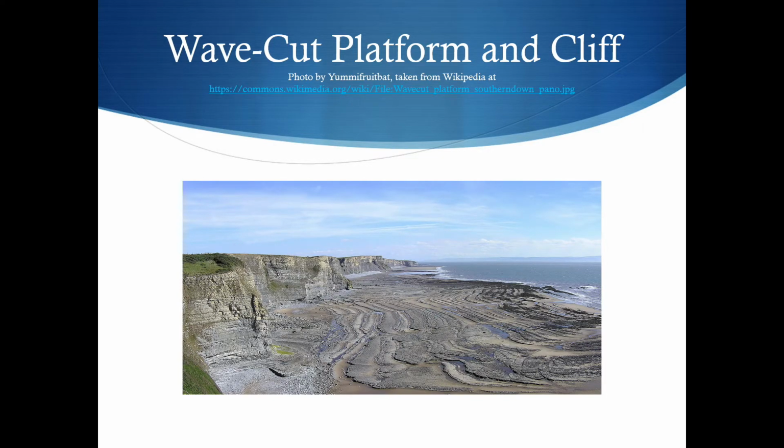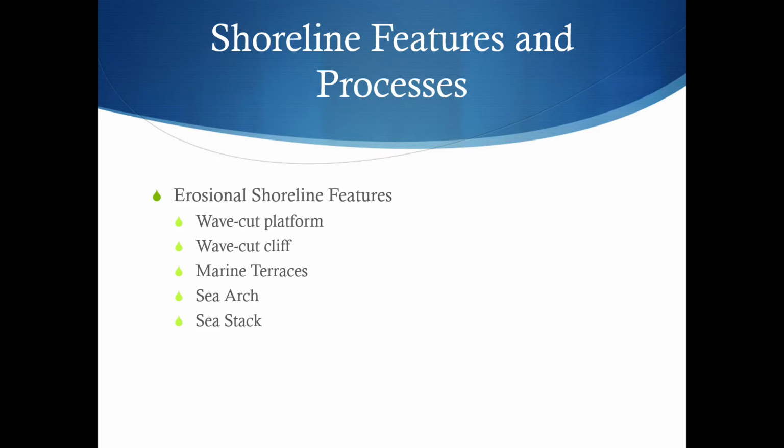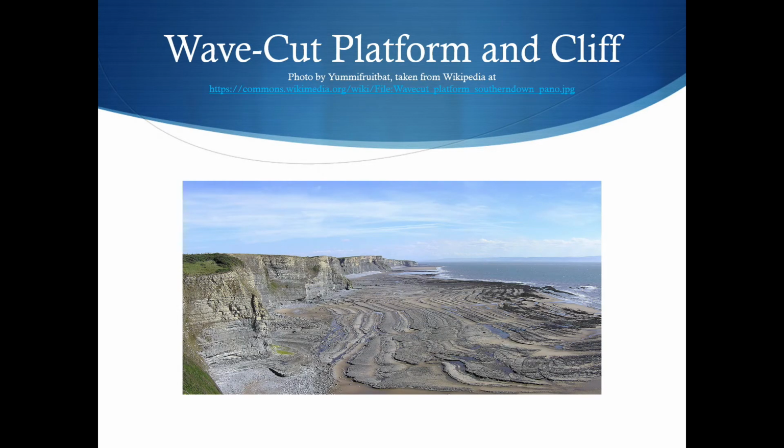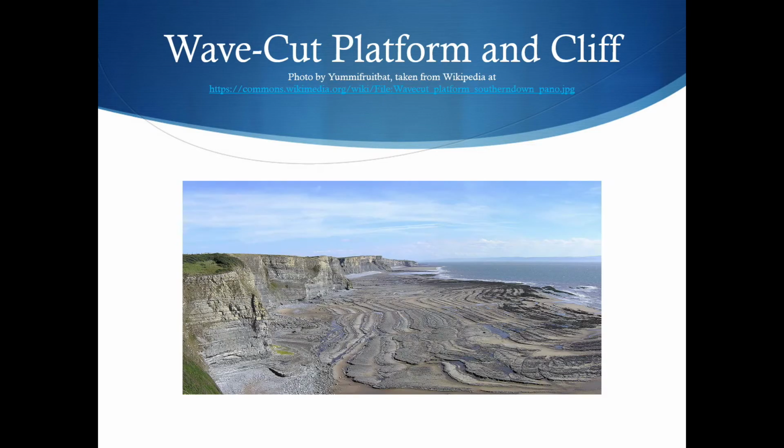And where that wave-cut platform stops landward, you get a cliff, right? I mean, it stands to reason. All this is erosion from wave action, waves crashing on the shoreline. So that takes care of two of our things there, right? Wave-cut platforms and wave-cut cliffs. Marine terraces are basically just step-down wave-cut platforms. So let's say we had this scenario here where the waves are crashing and creating this platform